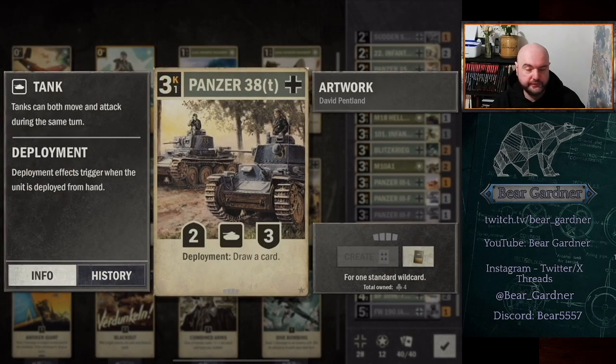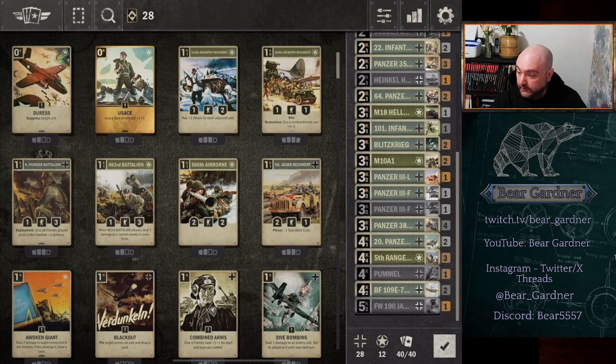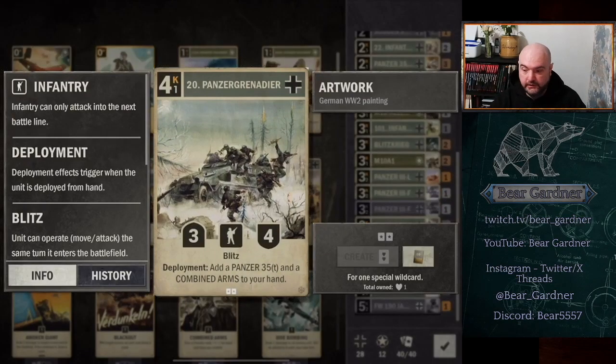38T, we've got 4 of these. Card draw is card draw is card draw. But I covered it before. It's a body that can benefit from some of our other tank-interacting buffs. It's very powerful. New edition, probably a priority craft for virtually any German-including deck, as I've talked about in other videos, the